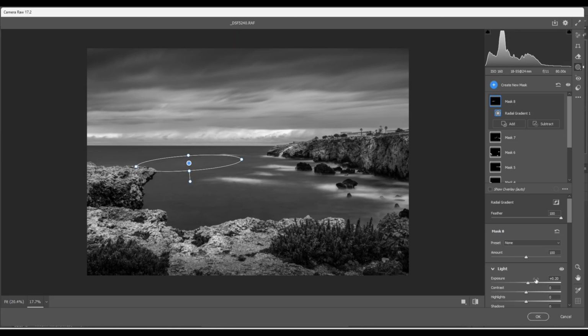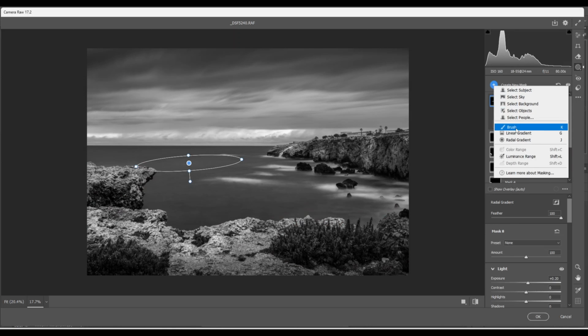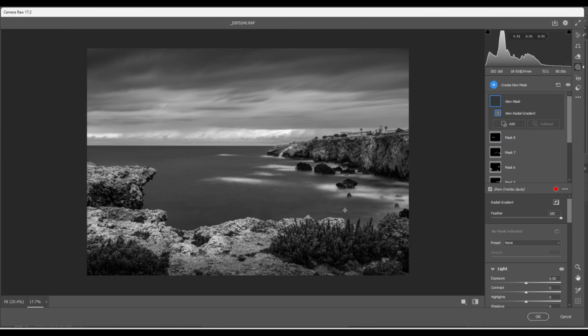Not much here. I'm going to place another one, a radial over here. Should be okay. And I think that should be enough. I don't want to exaggerate it. Now the next thing I'm going to do, I'm going to head out of the masking. But before that, I'm going to